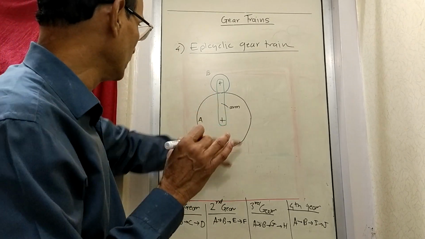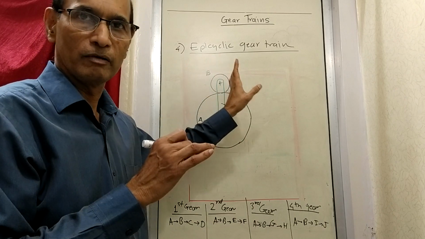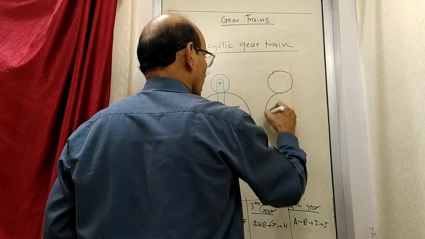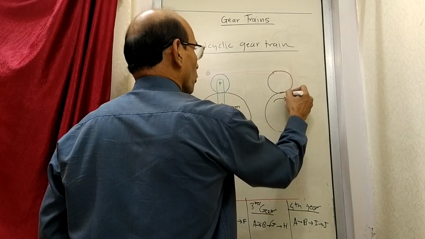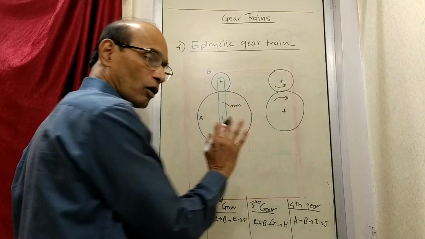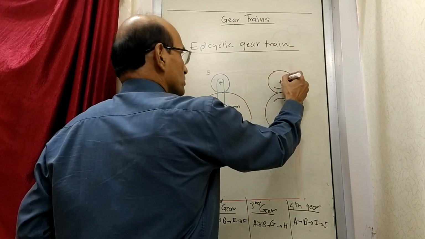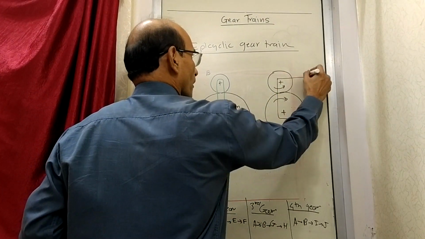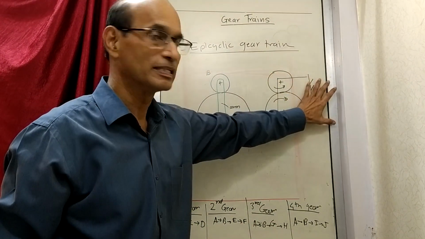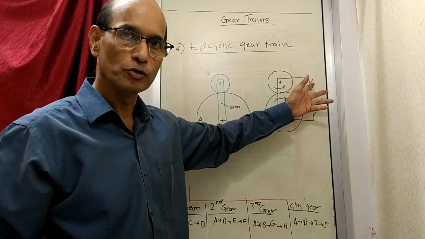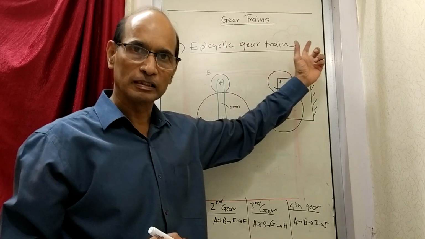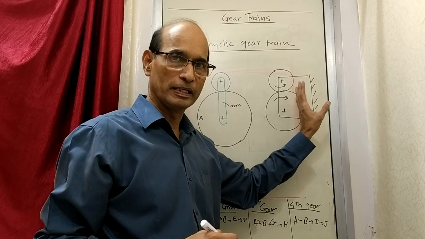If you do that, then when you rotate gear A, gear B will rotate, which is a case of simple gear train. When you draw a simple gear train, we said one rotates like this, the other rotates like this. What it means is their centers are not going to change their position. That means you can say that they are fixed. There is some plate, and on that plate you are fixing these gears. The plate is stationary, that means the centers are stationary, and then one gear rotates, the other gear rotates in the other direction, which is what we already know, the simple gear train.